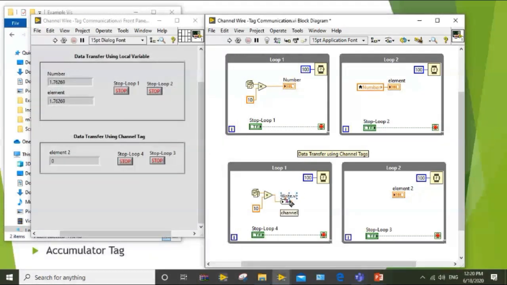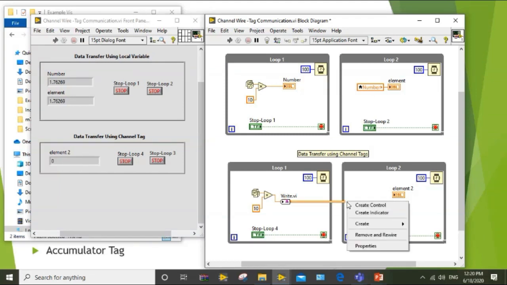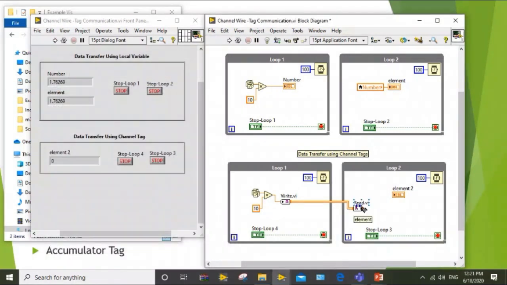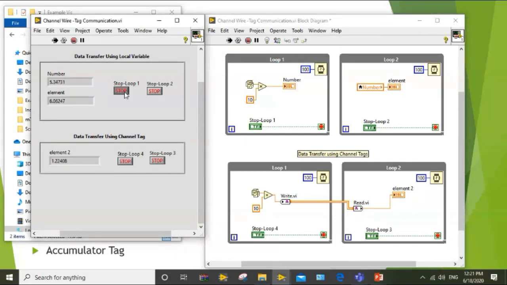Now we pass the channel wire from the first loop to the second loop, right click on the channel wire in the second loop and select create channel reader, again selecting tag read, and then we pass out the value from the read VI to element 2. Now run this code and you can see that the element 2 values start getting updated. So this is how you can achieve tag communication.